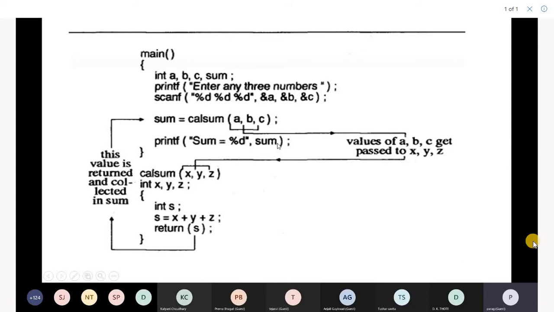Point to remember here is you have to declare the function, then call the function, then define the function. While declaring the function, you have to give the signature. While defining the function, you have to give the signature. While calling the function, you have to give the name of the function and the arguments you are passing. When you are calling the function, these are called actual arguments. When you are defining the function and using the arguments, these are called dummy arguments.